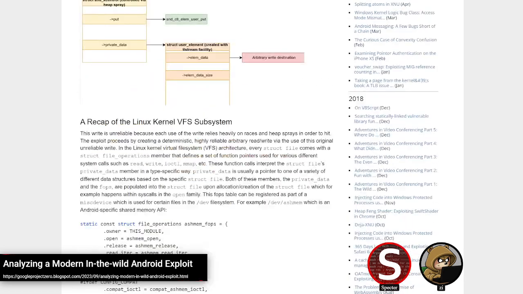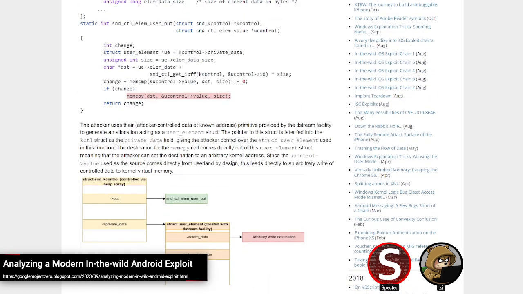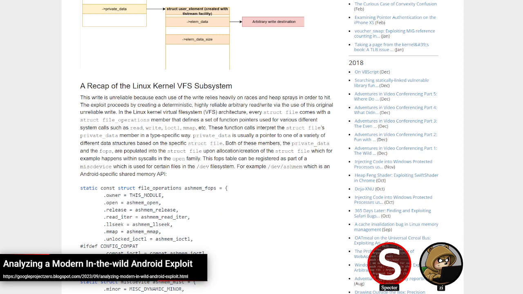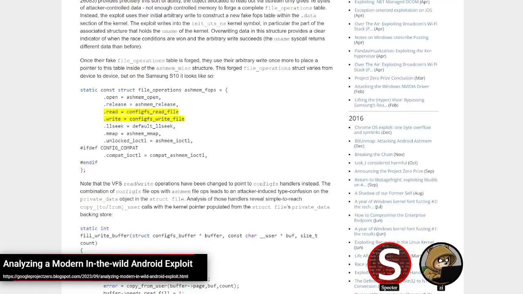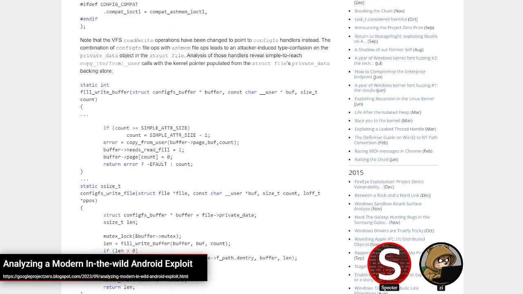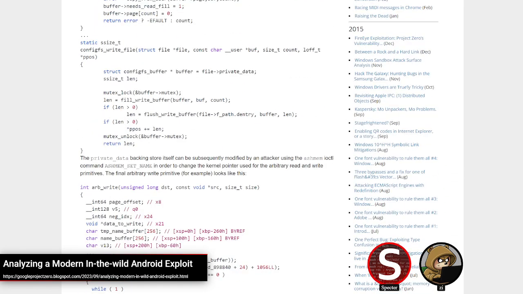So for their final primitives, they use this arbitrary write to fake an FOPS table for the ashmem driver, which is the Android shared memory. There they cause a type confusion. They overwrite the read and write file ops to those for configfs read and write, which causes a type confusion on the private data and allows you to do the read and write operations for arbitrary read write through corrupting private data, because they can control that through the set name functionality of ashmem.